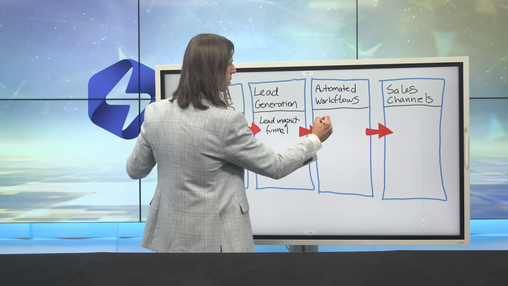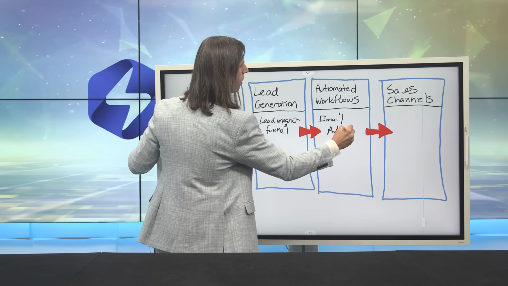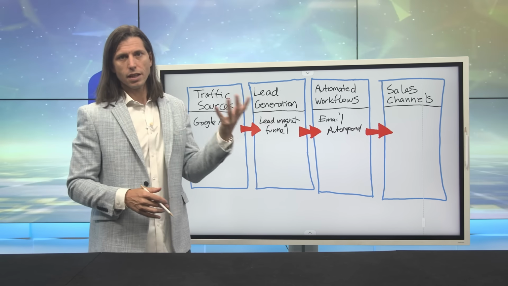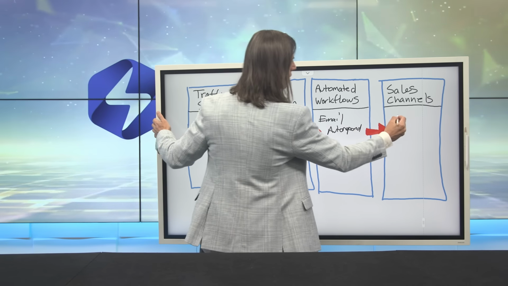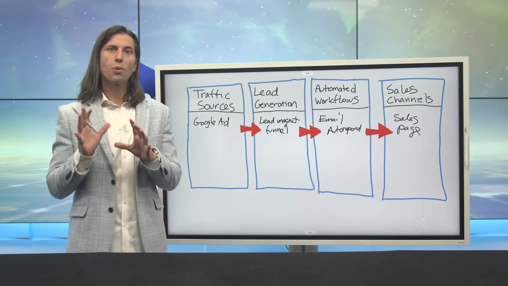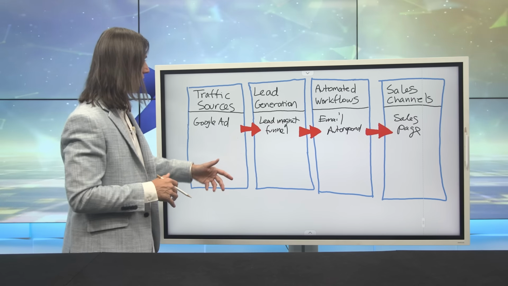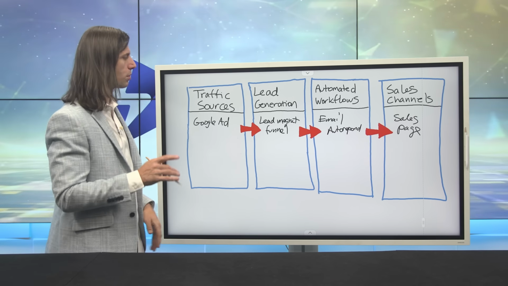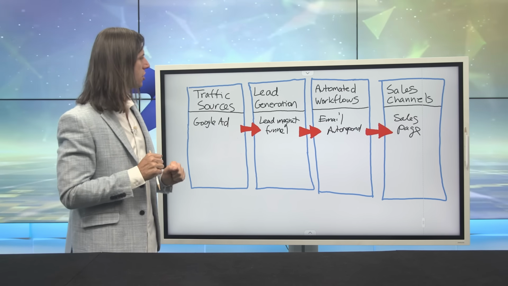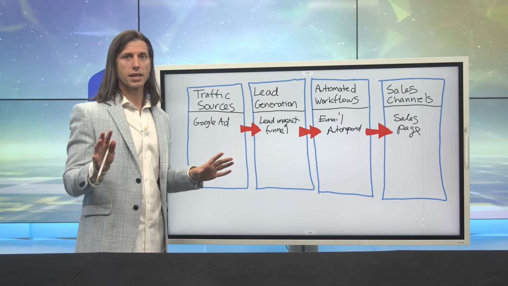Now we've got automated workflows. Let's say you have an email autoresponder, and you might have text or whatever else that's going on. And then your sales channel to sell this $5 widget. You don't need a salesperson to sell a $5 widget, so you just have a sales page. And if you can get this simple process down, and again, you could have more sales channels and more workflows, but if you can just get one winning traffic source, one great lead generation funnel, your automated things in place and one sales channel, that's all you need to do $1 million in business.